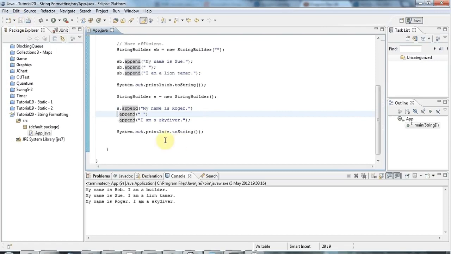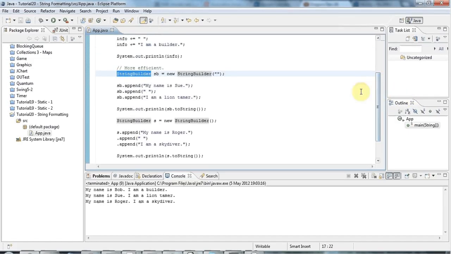And that's basically it. There's also a class called StringBuffer, and StringBuffer is just a thread-safe version of StringBuilder. So if you're creating multi-threaded versions and you need a string builder that's safe to access from multiple threads, well, I can't say I've ever done this myself, but apparently what you would need to use would